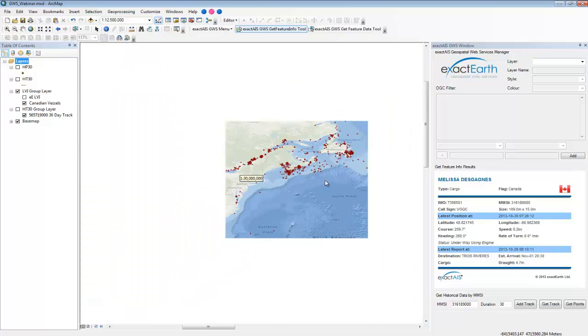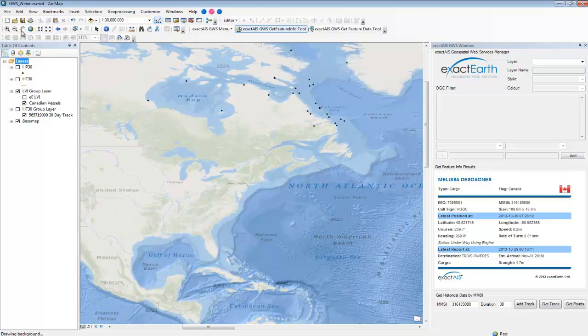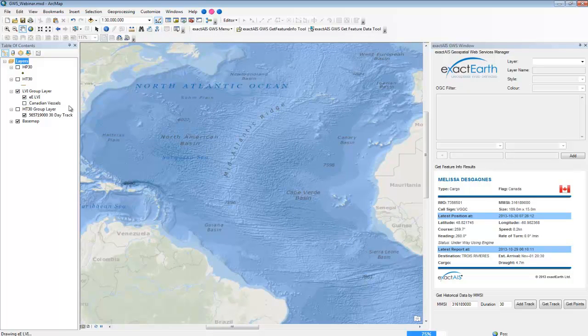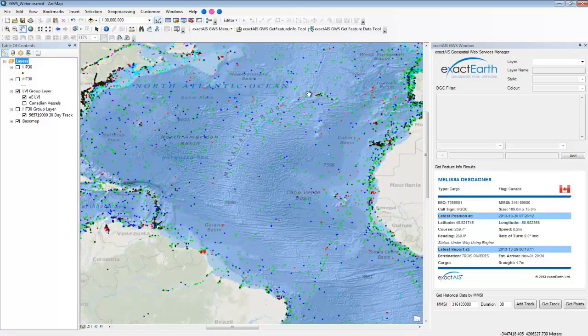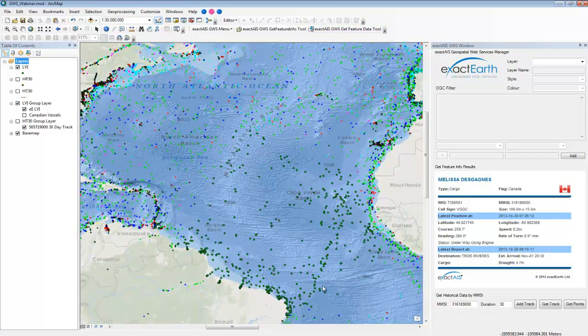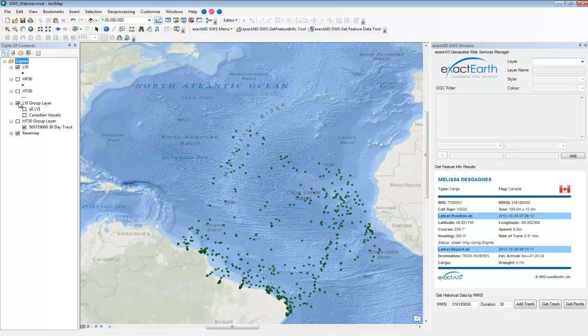Now what we're going to do is we're going to use the Get Feature Data tool. This is going to be the last thing we show in our demo here inside of ArcMap. And we're going to perform a Get Feature Data request with this tool on the latest vessel information layer. So we're going to just outline an area here, and we're just off the northern coast of Brazil in the mid-Atlantic. And we double click with this tool, and what we see is a series of points that have been effectively returned as a shapefile, and they go into our menu here labeled LVI.